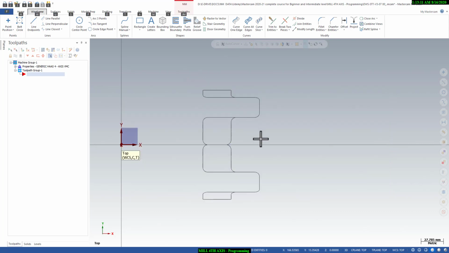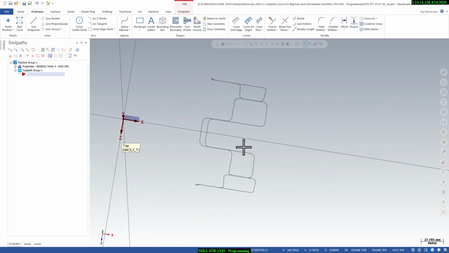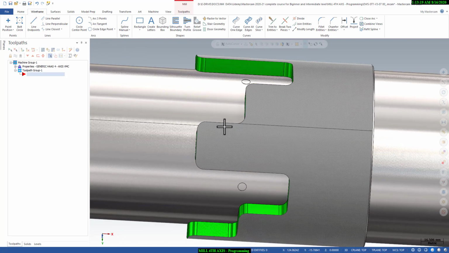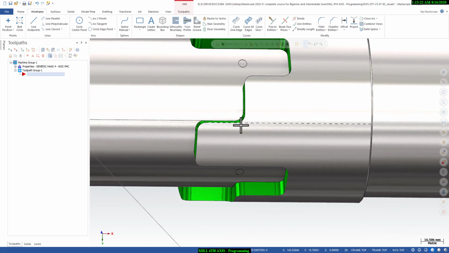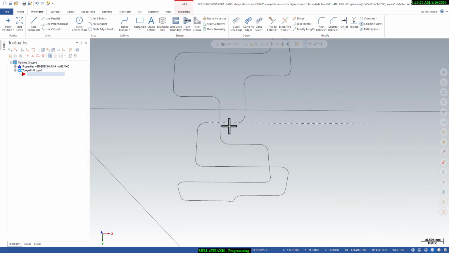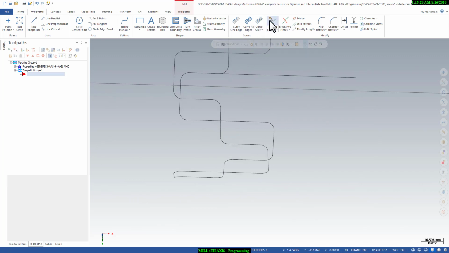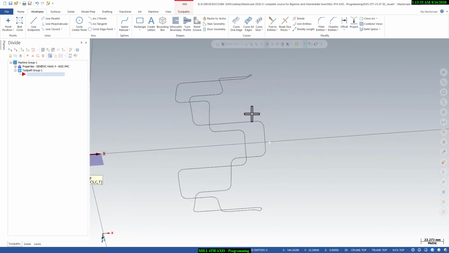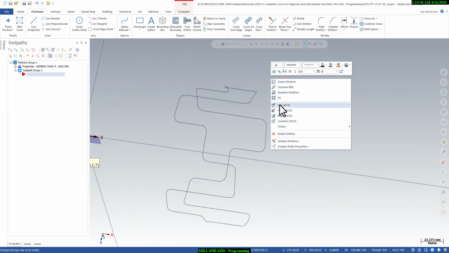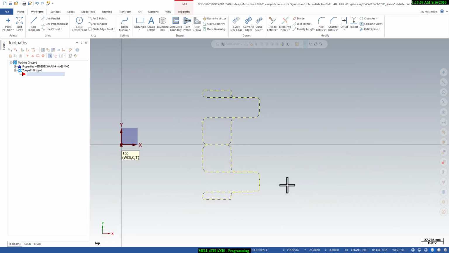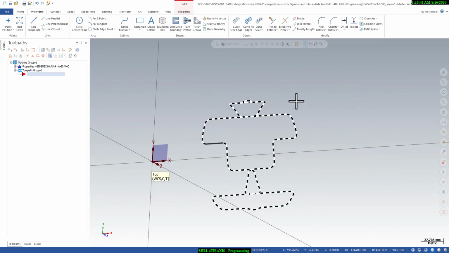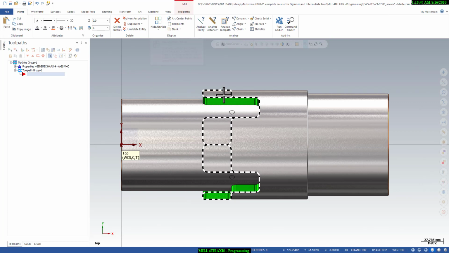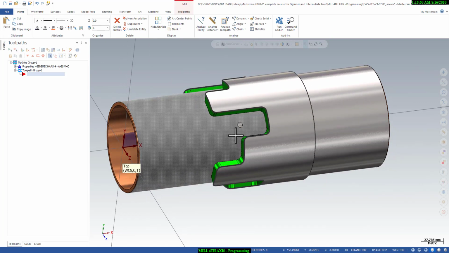This is the 3D wireframe, right? I will select here. I think we missed this geometry. No problem, we will modify that. We will go to the trim tab, or we can use the divide option and divide that. So this is the complete 3D boundary from the same profile, right? We will change the line width so it will be visible for us. We can see this is the profile which we have to machine, right?